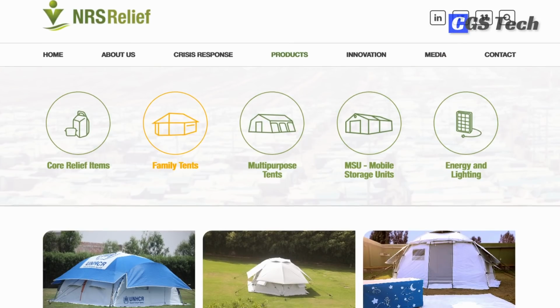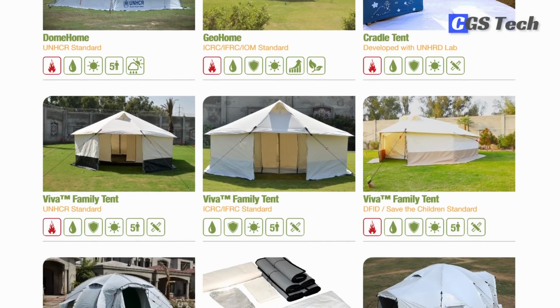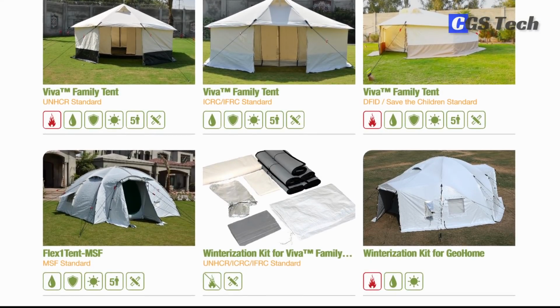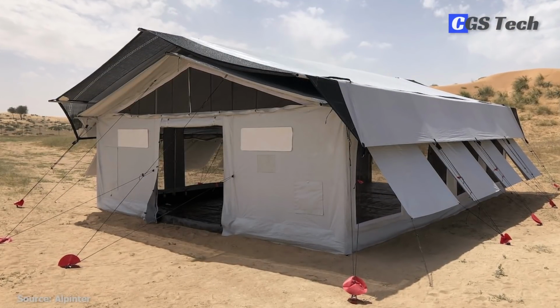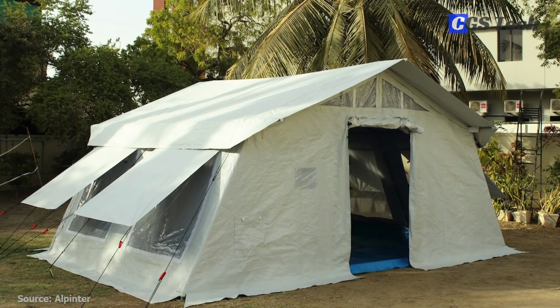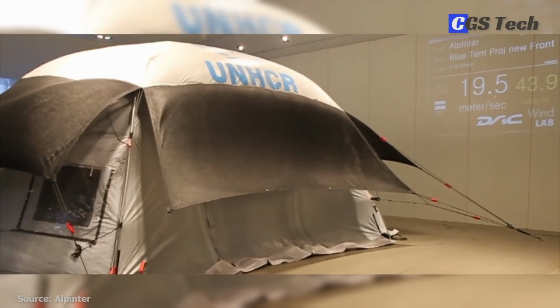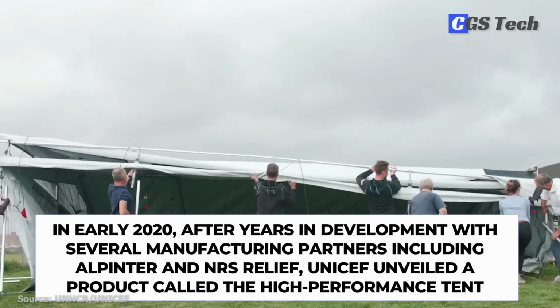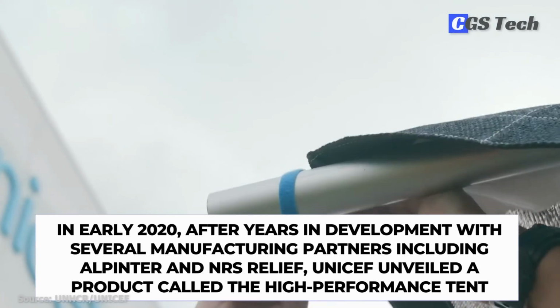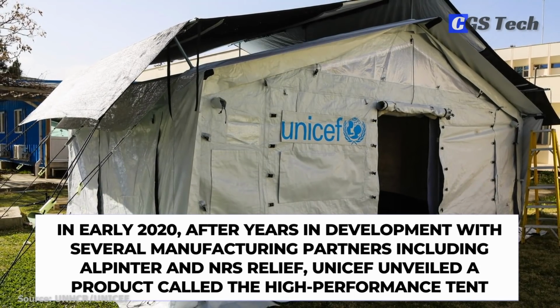Both companies offer a range of family and multi-purpose tents suited for different climates and requirements. These are not your standard camping tents. They have to meet strict criteria required by the aid agencies. They are highly durable, flame and wind resistant, and adaptable to different climates while being easy to set up and transport. In early 2020, after years in development with several manufacturing partners including Alpinter and NRS Relief, UNICEF unveiled a